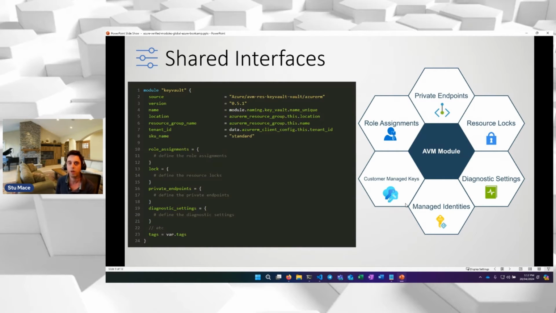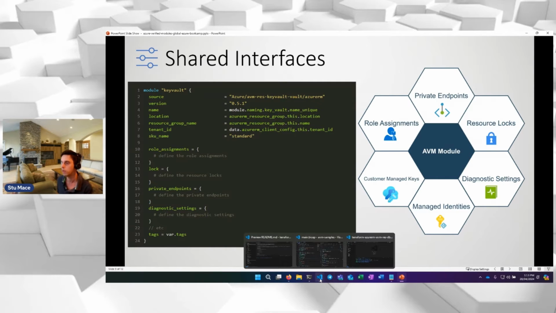The idea of this specification is that when you know how to add a private endpoint onto a Key Vault, it's the same mechanism you use to add a private endpoint onto a storage account and so forth. And the same with other resources such as role assignments. So with that in mind, I'm just going to switch over to some code and illustrate what these shared interfaces look like.